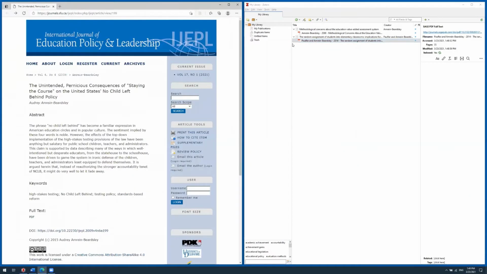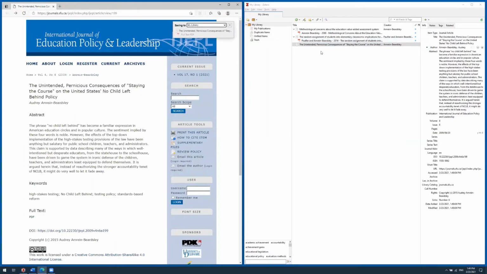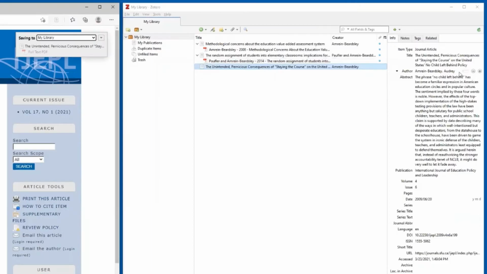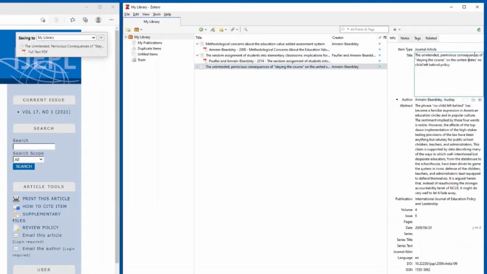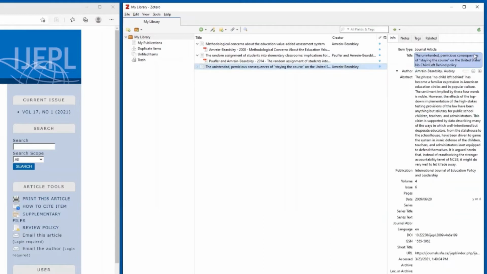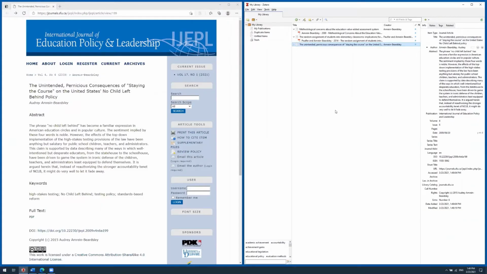Then I'm going to add this article as well and fix the capitalization. Once I've got my 3 articles in here, I go to Microsoft Word, and I'm going to go ahead and